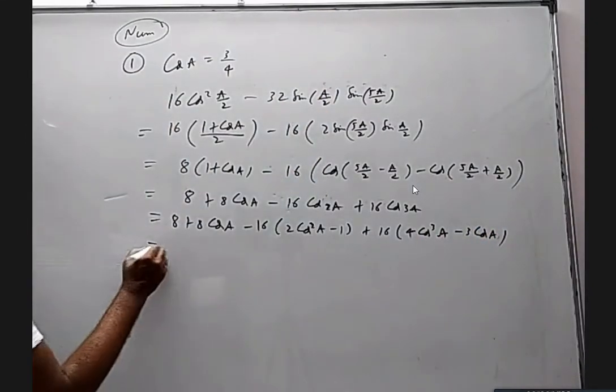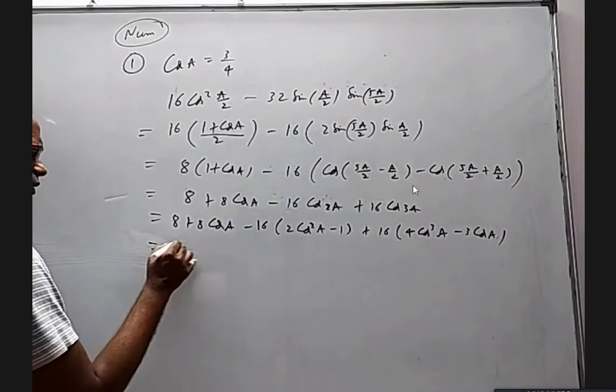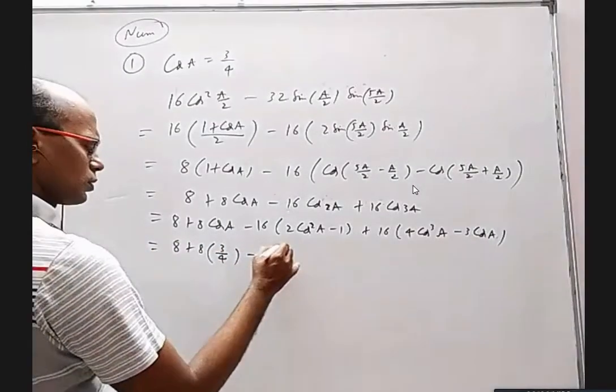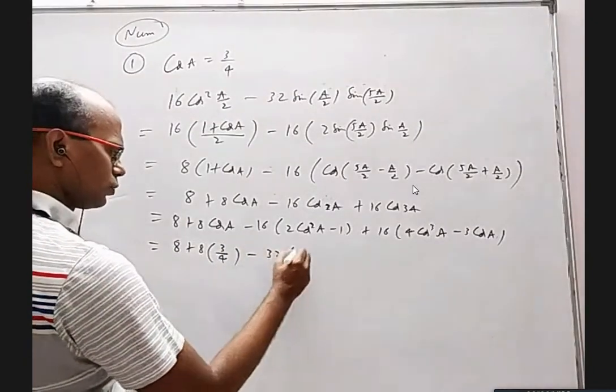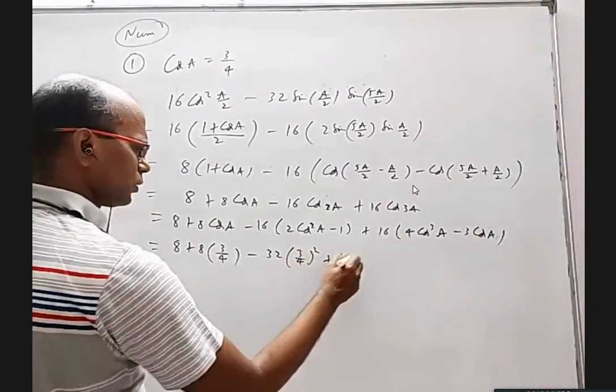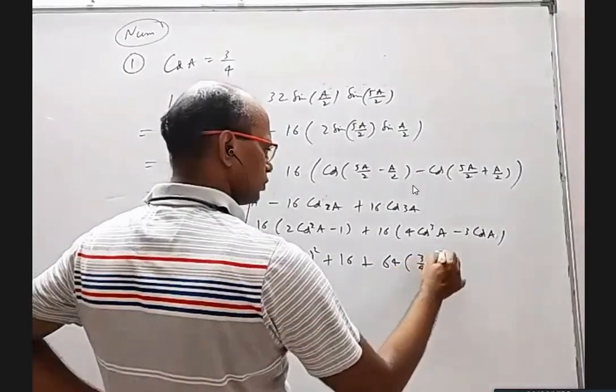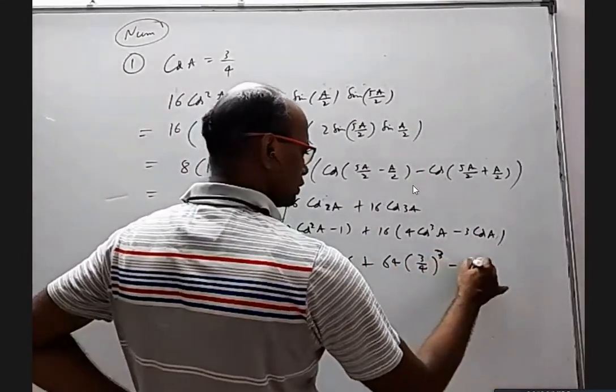Now I substitute 3 by 4 for cos a everywhere, I'm just substituting. This is 32 into 3 by 4 whole square plus 16 plus 64 into 3 by 4 whole cube minus 48 into